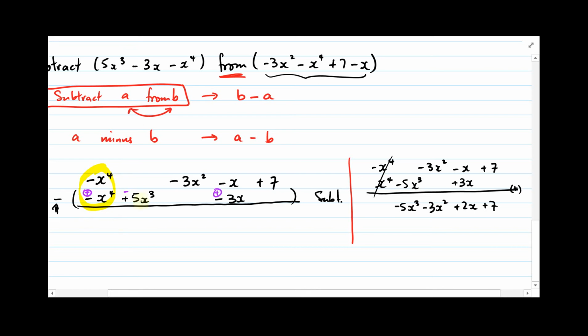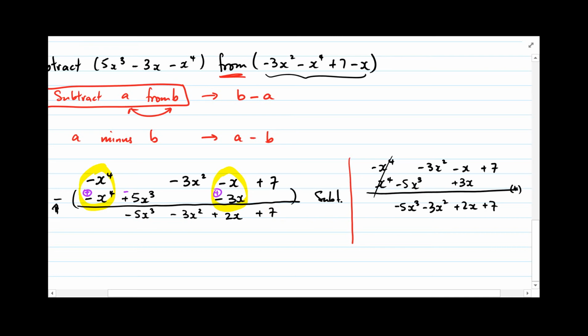The second part would just simply be minus 5x cubed. Nothing is being subtracted from the negative 3x squared. Minus x plus 3x would give me a positive 2x,